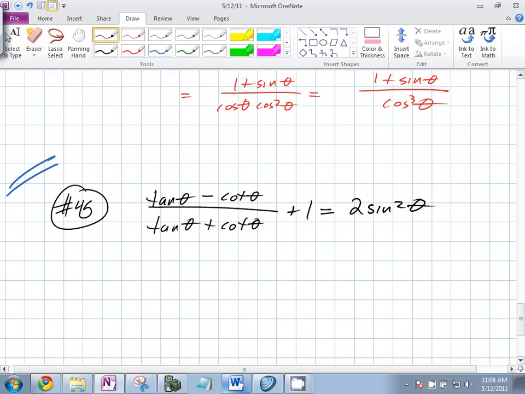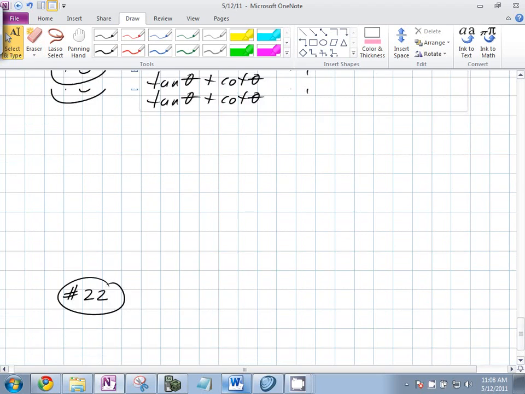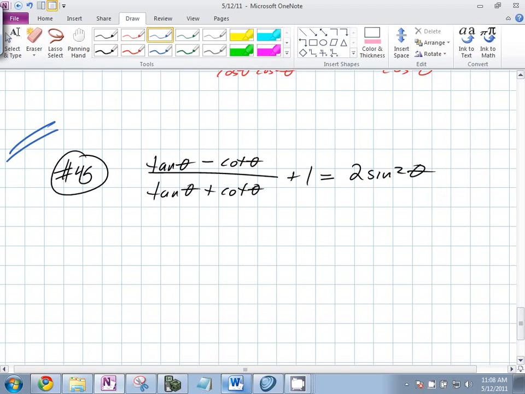What first step should we take? Someone raise their hand and clearly tell me what type of first step. Denise, go. To sine and cosine. Yeah, exactly. That's a great thing to do. Let's try that. So sine theta over cosine theta minus cosine theta over sine theta, all over